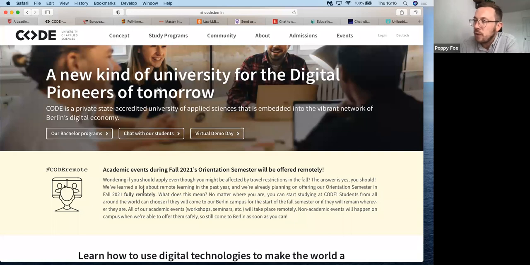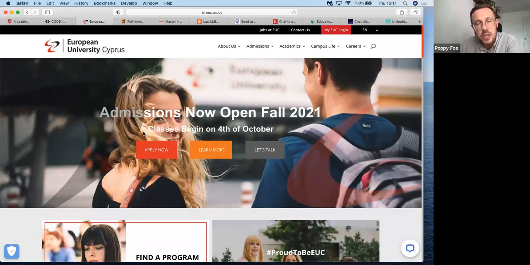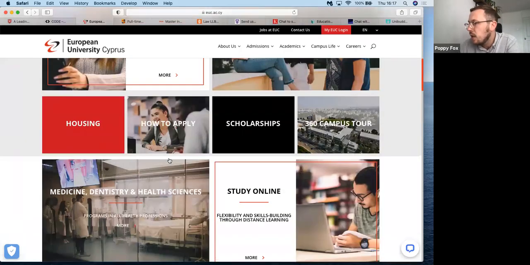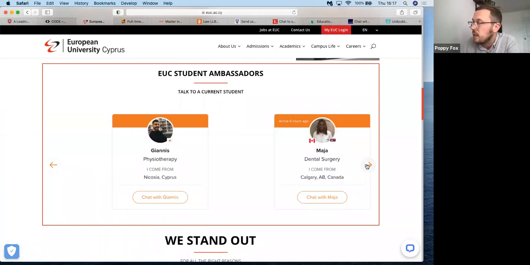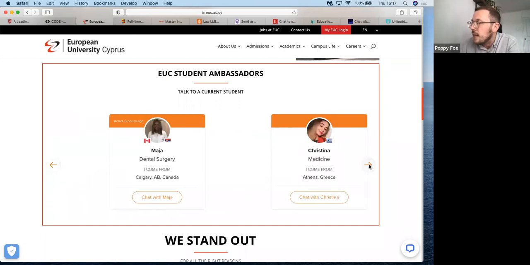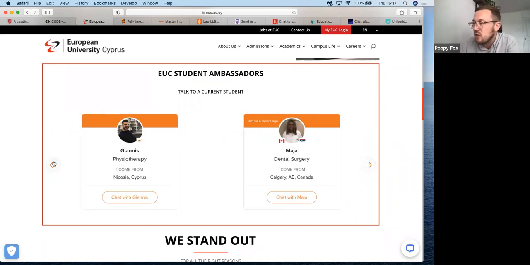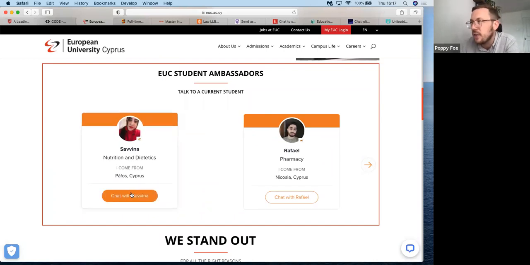As well as using your own links and calls to action, Unibuddy can also provide you with tools that you can embed on your homepage. So here we have European University of Cyprus, and on their main landing page, they've embedded this carousel, which is provided to you by Unibuddy. It just takes up a single line on the homepage, really easy to embed, but it's an eye-catching way for prospective students to cycle through some high-level profiles of your student ambassadors and quickly start a conversation with them.